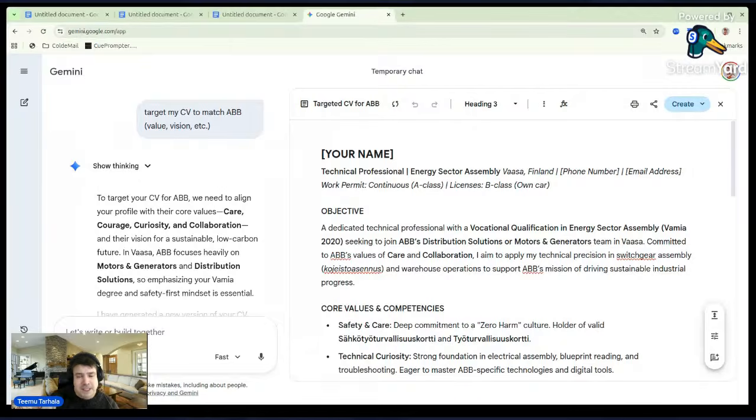What next has to be done, what we don't have today, is that you need to find a job description. Then you paste it into the AI chat, ask it to analyze it, forbid it to make changes in the CV, and then you click and you should have a nicely targeted CV.